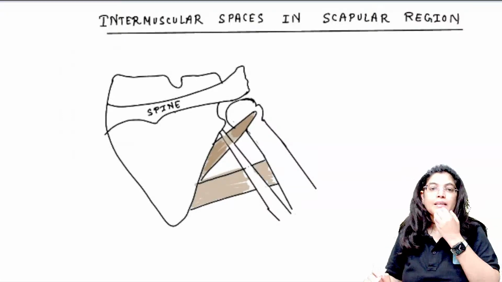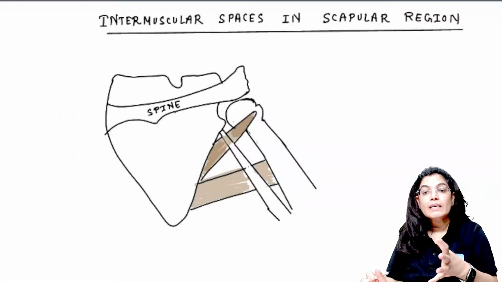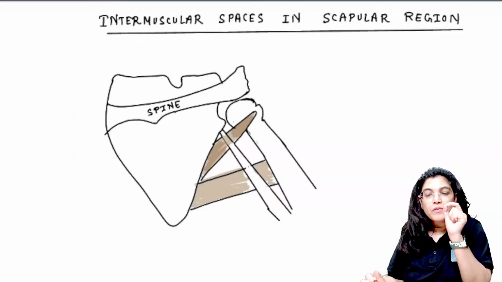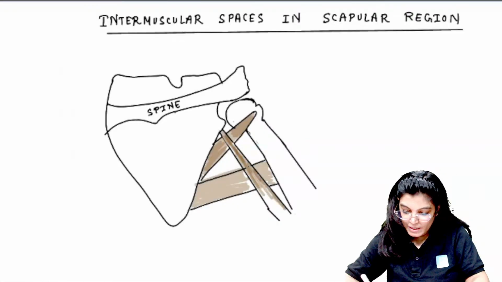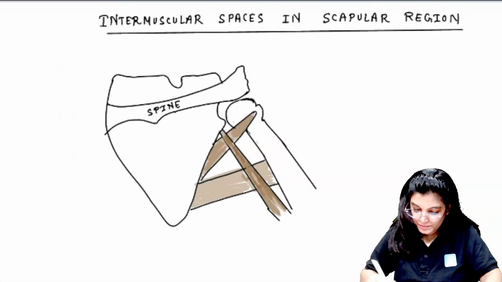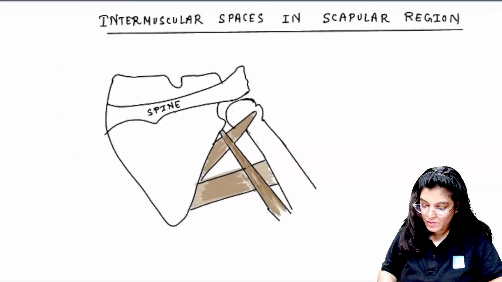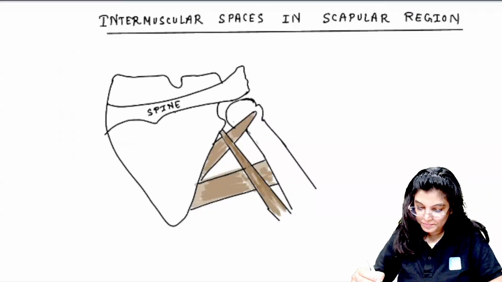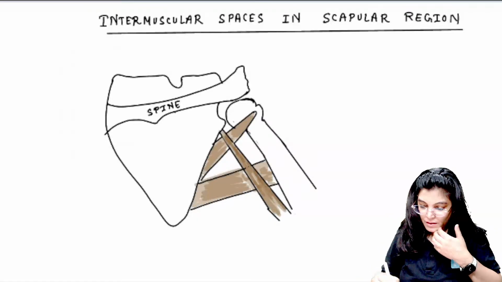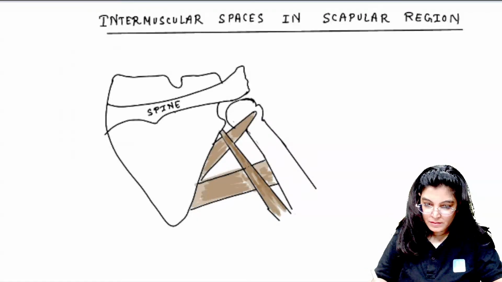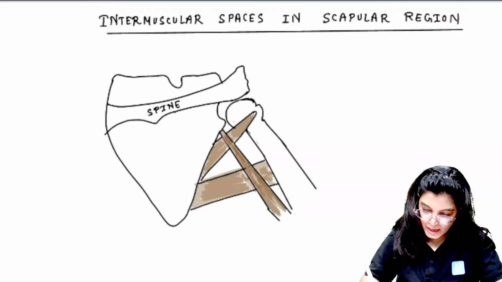Actually, for understanding, these are shown as a gap. When you see an actual dissection, there will be very small intermuscular spaces. You have to do the dissection very nicely if you want to appreciate these intermuscular gaps. Okay, got it? Now, so this is exactly